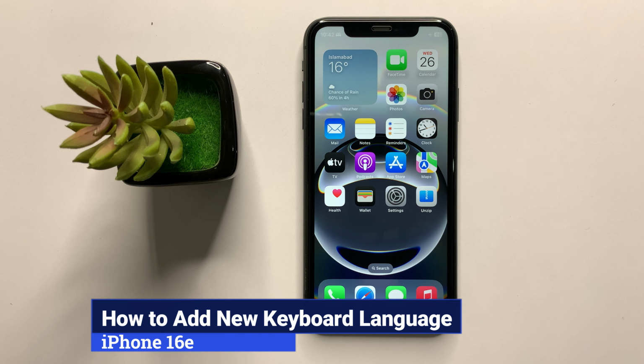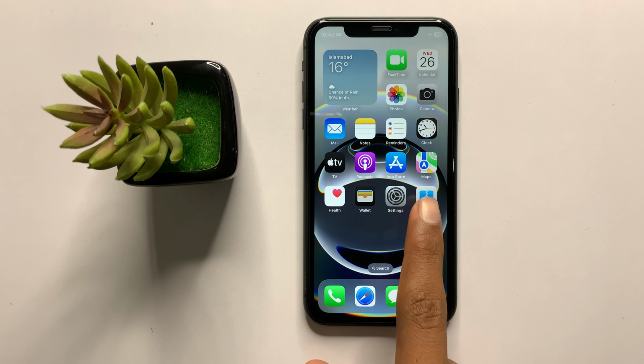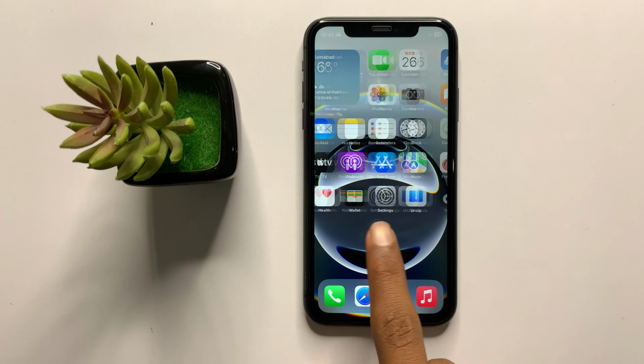How to add a new keyboard language in iPhone 16e. So let's start the video. First of all,